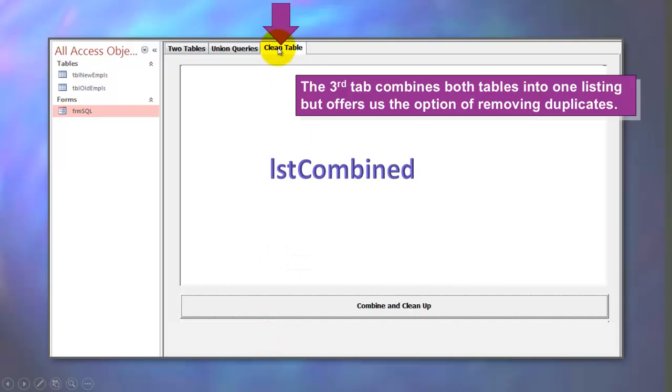Then we have a third tab in that form that has a list box called list combined. It combines both tables into one listing and either keeps them all in place, so it's really a merger of both, or maybe you want to remove duplicates. We do that through code behind the command clean button. When someone clicks there,